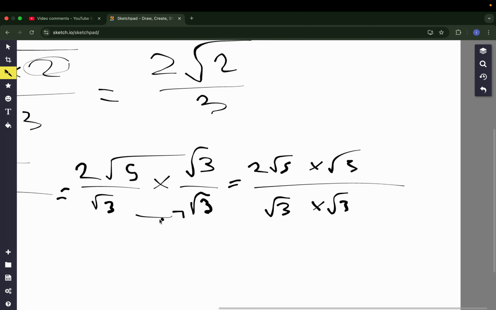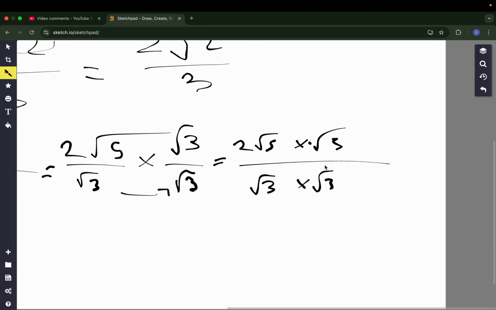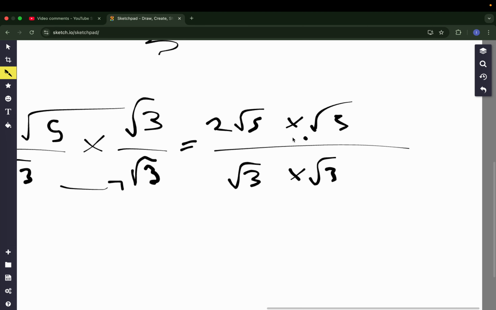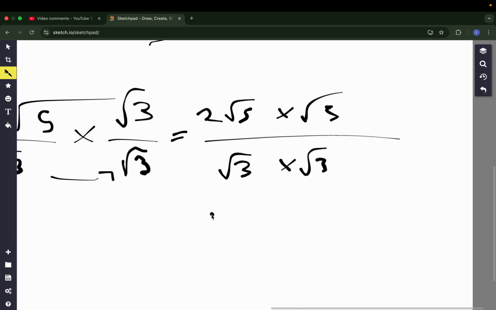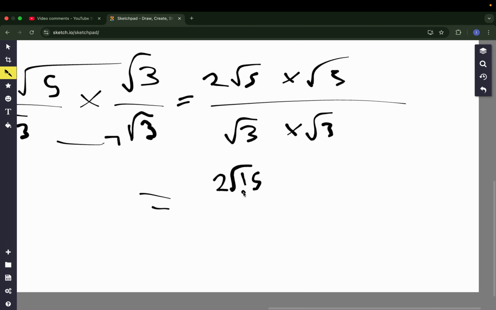So we're using the denominator to times it. And this would just give us 2 square root of 15 over